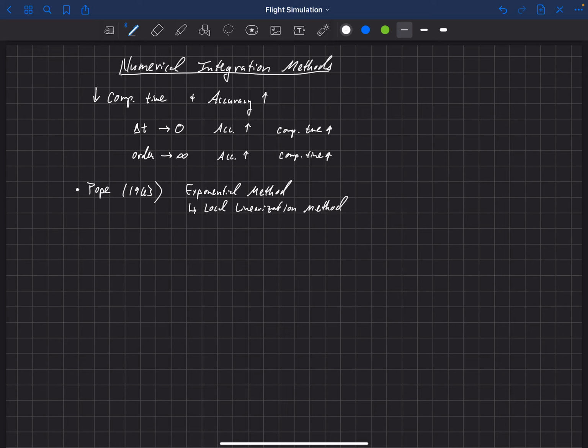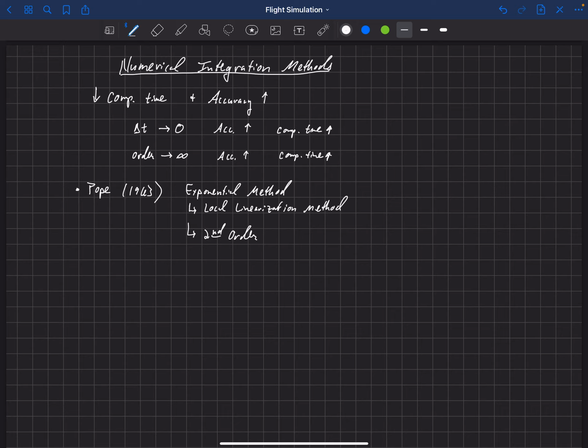It turns out that this is a second order method. In some places in the literature, people have said that this is actually an exact method. It's not. It's second order, so it does have error that builds up. It is exact for constant rotation, but with an aircraft, rotation is going to be changing as a function of time, so we don't have constant rotation. So it's not exact. It's second order.